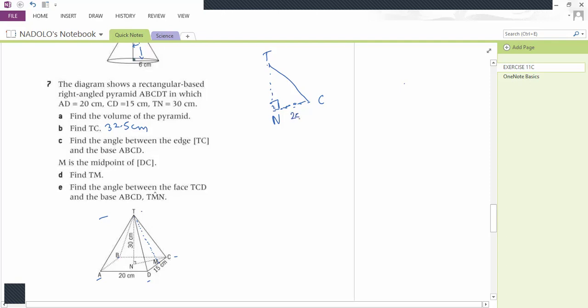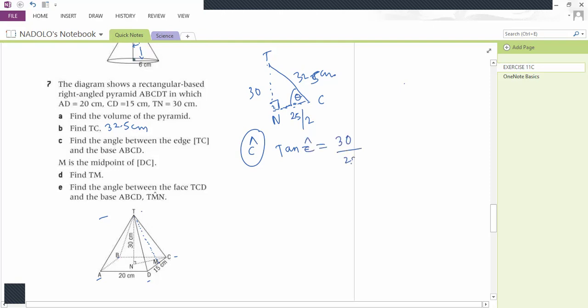But we have NC already. NC was 25 over 2. It's half that whole length, which was 25. And then TN is 30. And then we also have TC as 32.5 centimeters. TC might have been influenced by some rounding errors, so I'm going to use exact lengths. Calculate this angle, what I call theta, angle C. So the angle between TC and the base is angle C. How do you calculate angle C? We can use tan because I'm seeing tan angle C is equal to